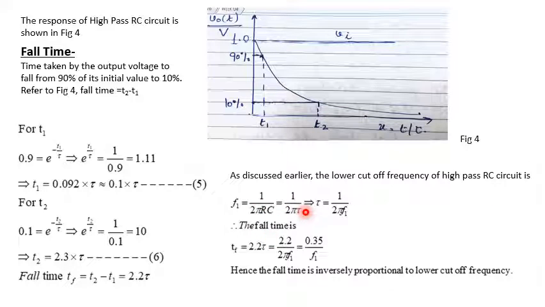And from this equation we can say that the time constant tau is equal to 1 upon 2 pi f1, where f1 is the lower cutoff frequency. So from this equation, we can find out the relationship between the fall time and the lower cutoff frequency by combining the expression for the fall time and the expression for tau, and it comes out to be Tf, that is fall time, is equal to 0.35 divided by f1, or in other words we can say that the fall time is inversely proportional to the lower cutoff